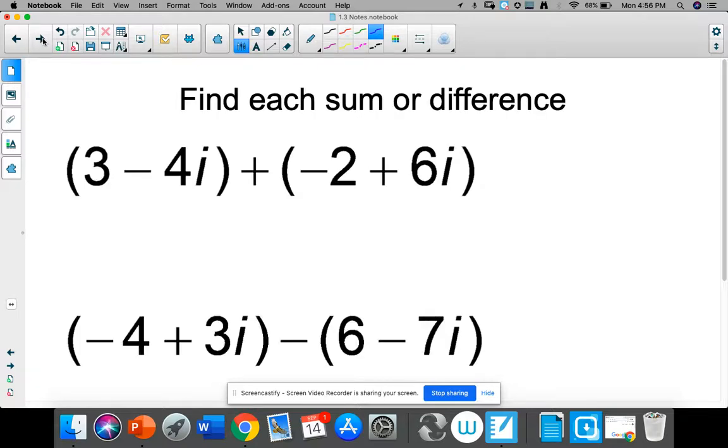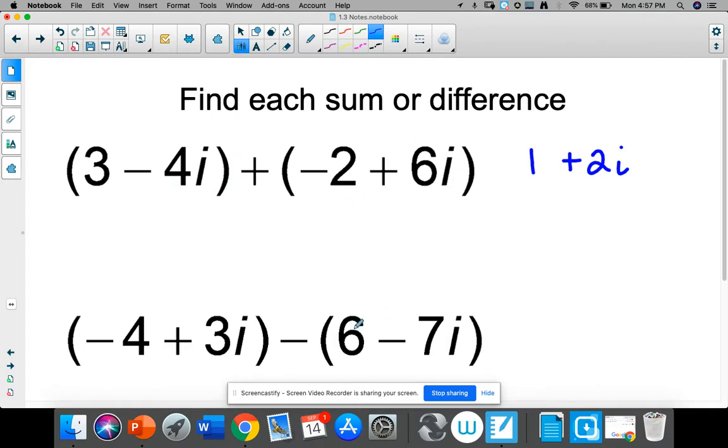Now we're going to look at some complex numbers and what we can do with them. These are two numbers here. 3 minus 4i is one number. We're going to add negative 2 plus 6i, and we end up getting 1 plus 2i. So it's basically combining like parts. You've got the real number parts, the 3 and the negative 2, and the complex, or the imaginary number parts,